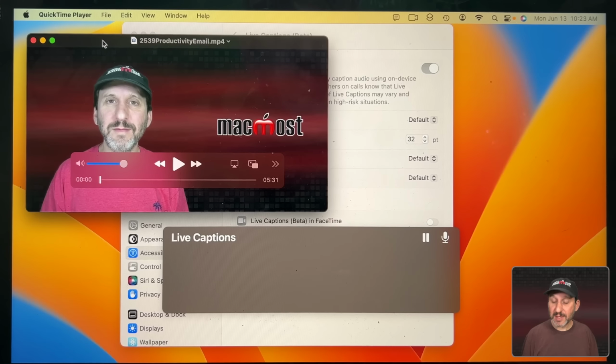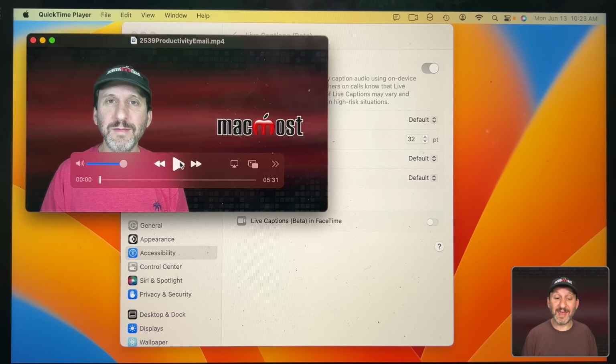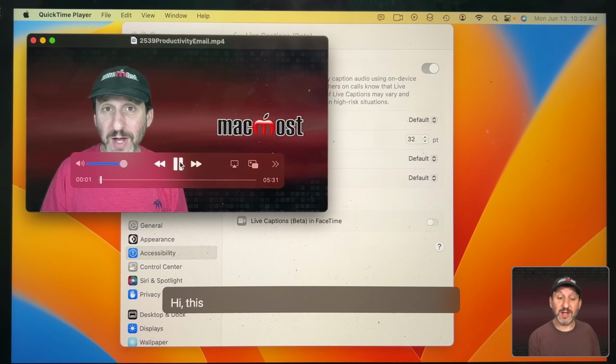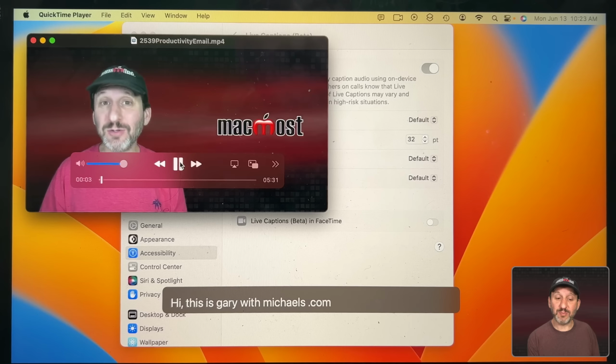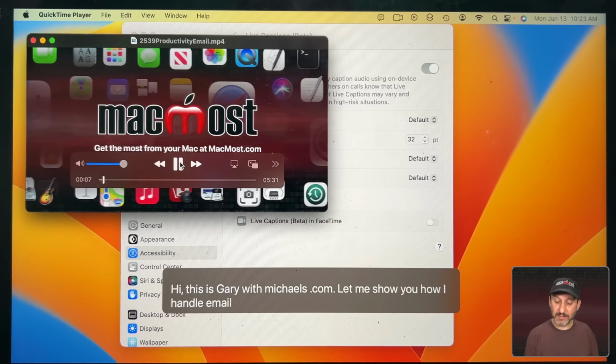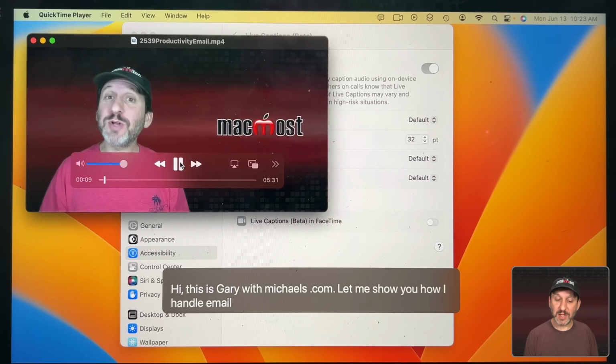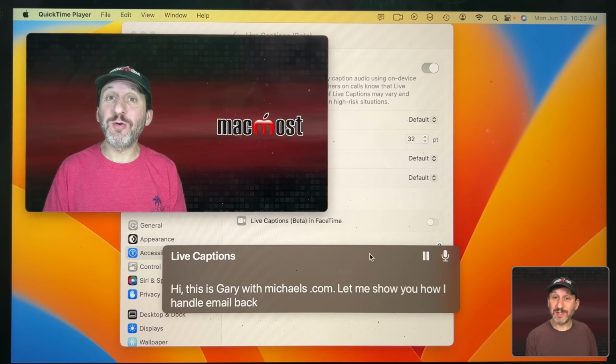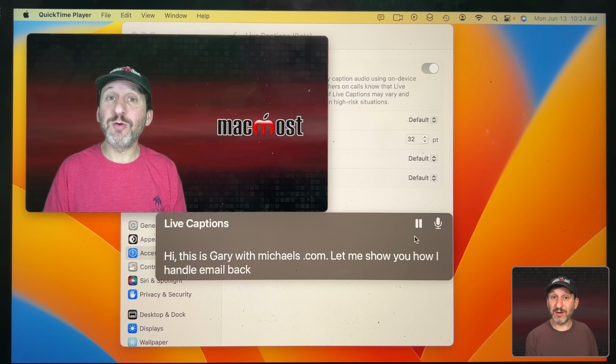Now unfortunately this doesn't work very well with screen capture. So I'm going to switch over to a camera on the screen right here and we can see it in action. I'm going to start playing this video. And as you can see, it's going to try to show the captions there at the bottom of the screen. And the results are kind of laughable sometimes. It's definitely early in the beta here and there's a lot of improvement that needs to be made for this